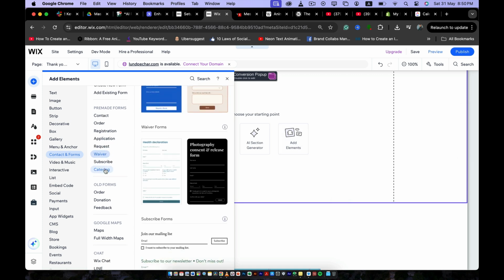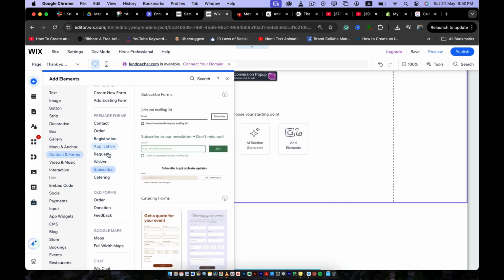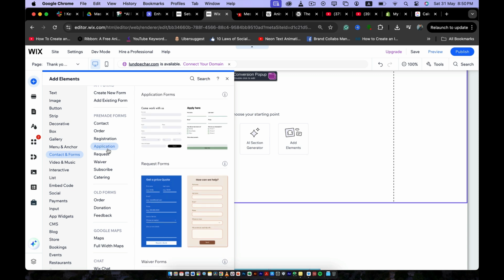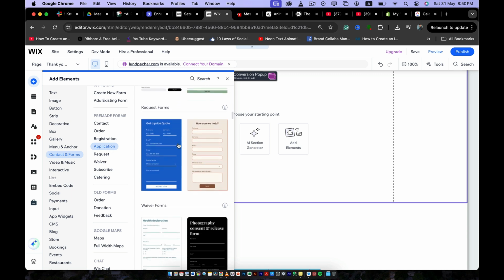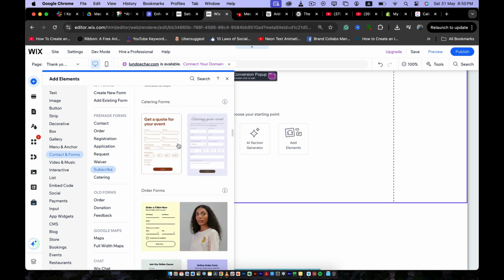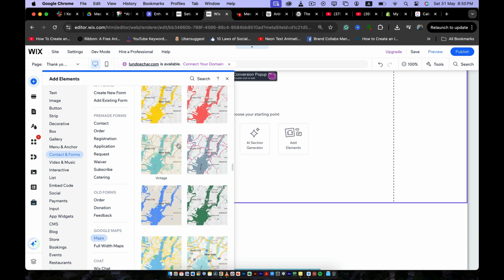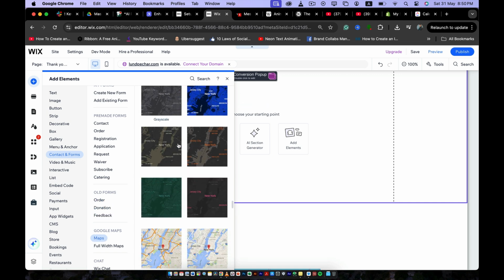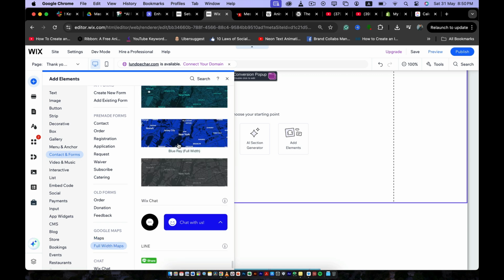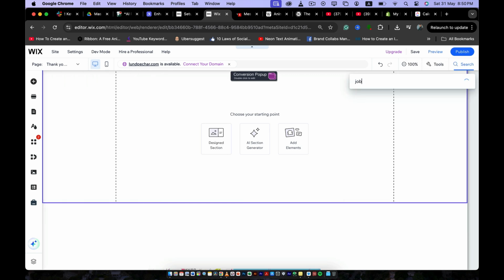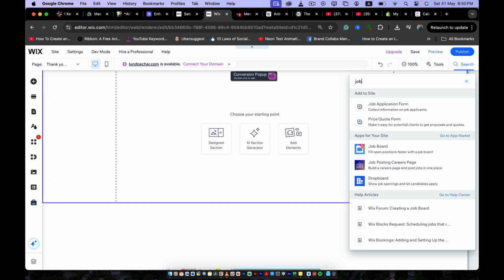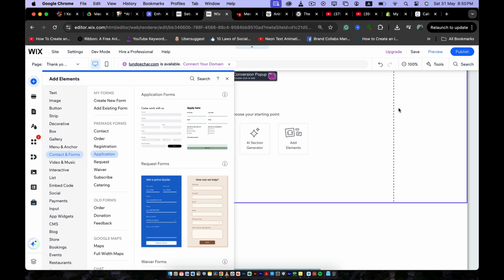and we can go here to application. And there is going to be a job form right here that we can use. Or if we don't find it here, we can write job application form,